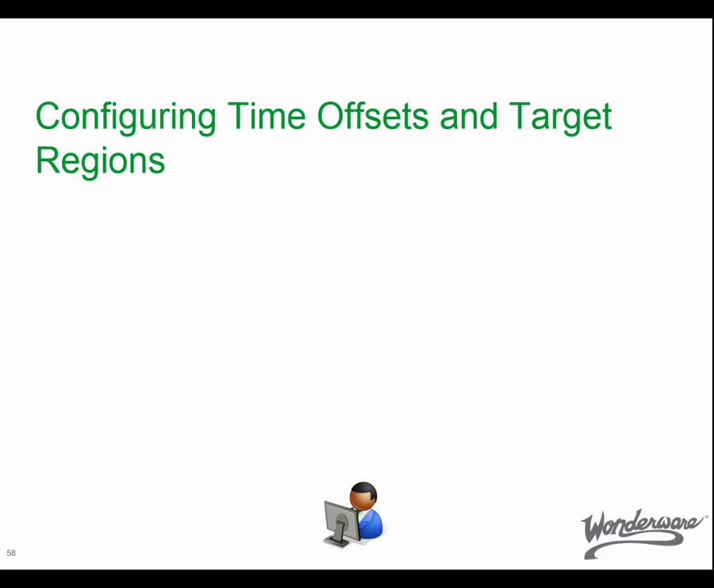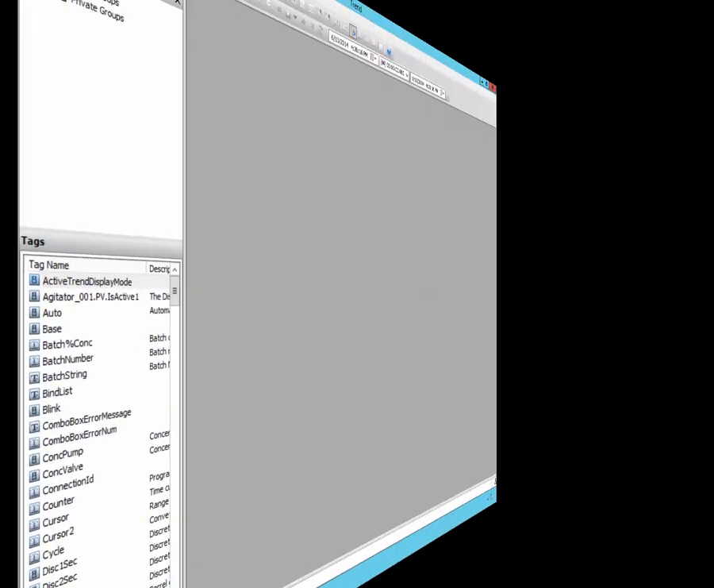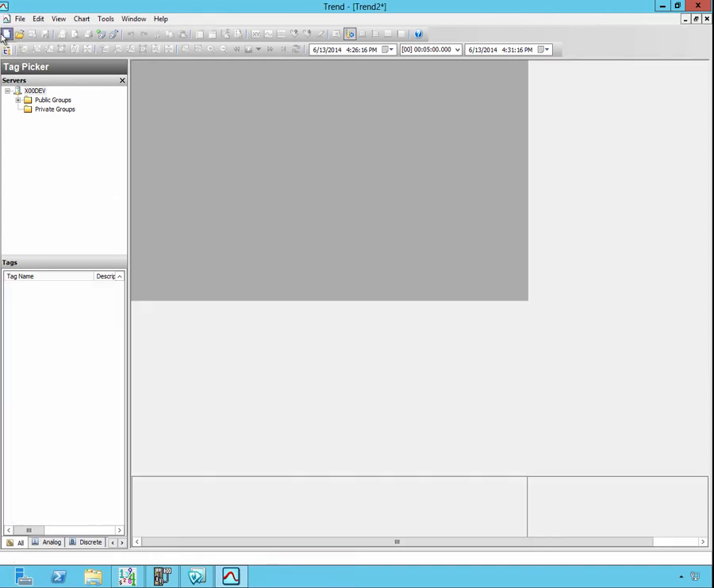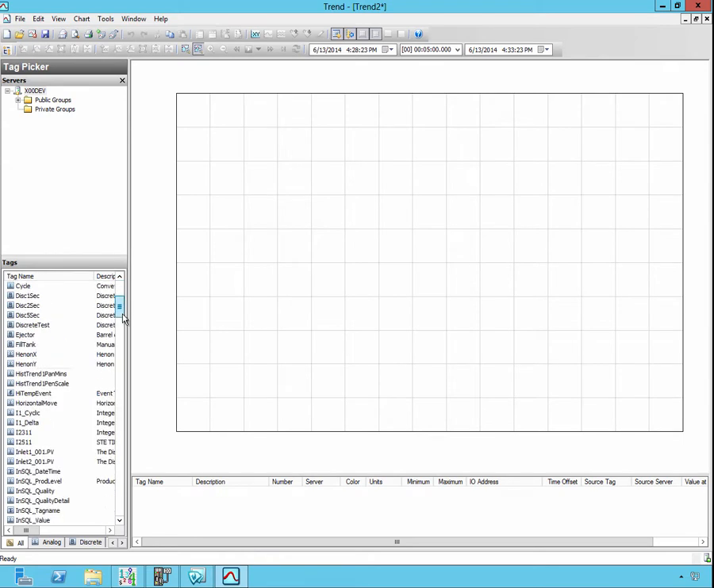Configuring time offsets and target regions. First, we are going to compare data for the same tag during two different time periods by configuring a time offset. So having the historian client trend open, we create a new trend. In the tags pane, we are going to select the mixer level,